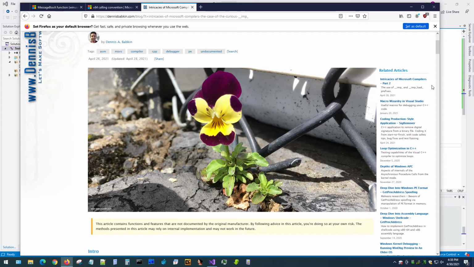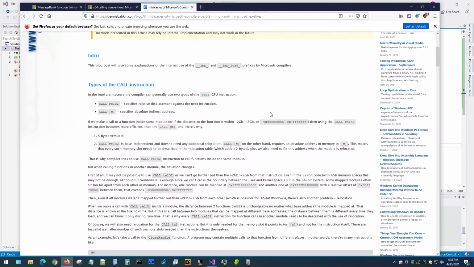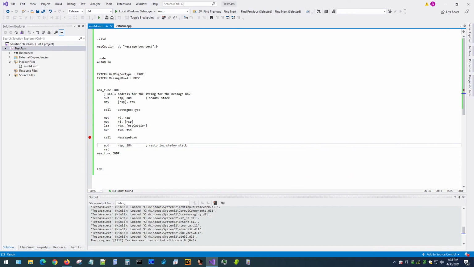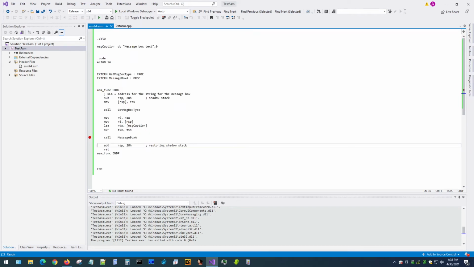Or if you need a little bit more technical explanation, you can go into the use of imp and imp load prefixes. Basically, just to make long story short, this is Microsoft's way of using import address table. So the imp is actually used internally from C and C++,